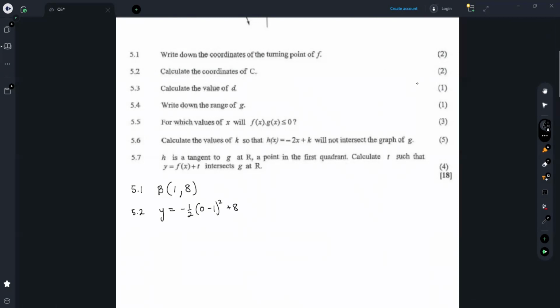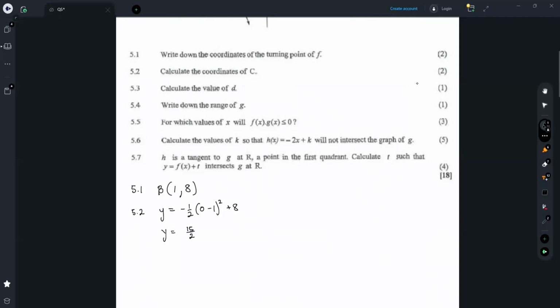If you punch this into your calculator, you can see that 0 minus 1 will give us -1. -1 squared is positive 1. Positive 1 multiplied by -0.5 would give us -0.5. And -0.5 plus 8 should give us 7.5, which is the same as